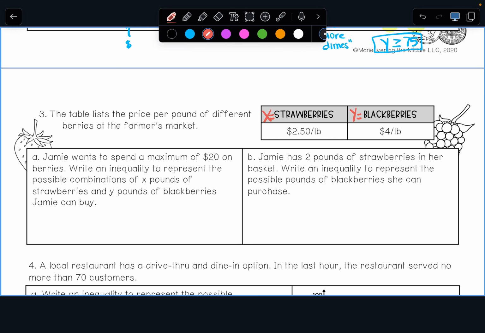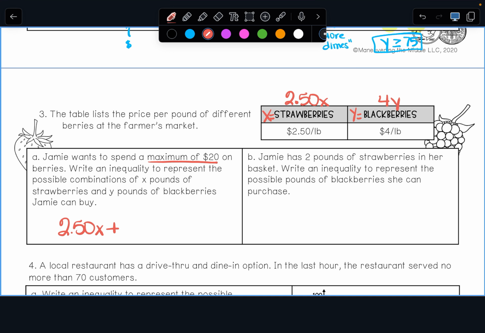Now we know strawberries cost $2.50 per pound, so I know somewhere I'm gonna have a 2.50x. Blackberries are $4 per pound, so 4y. I don't know where I'm gonna put it yet, but I'm gonna put it somewhere. Jamie wants to spend a what? Maximum of $20. Okay, so when we put it all together,